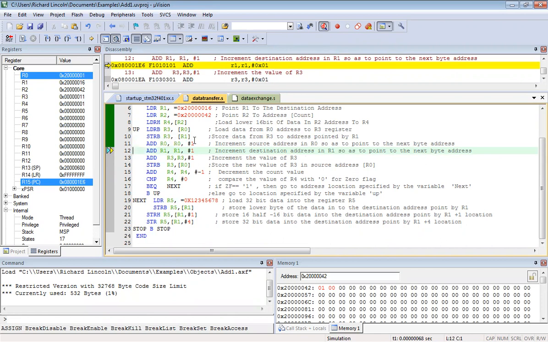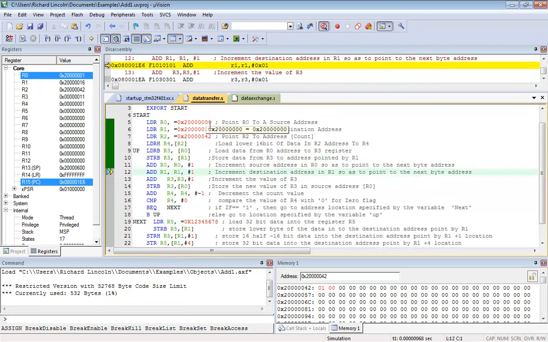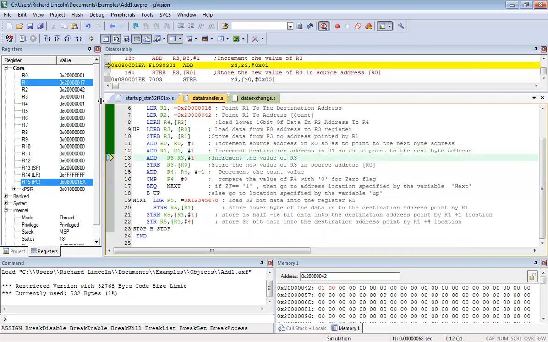And you are seeing here add r0 comma #1. So which means r0 was first pointing to 0 0, right? And now it is going to the next location, which is 0 1. Since I have used add r0 comma #1, this r0 will be moving to the next location so that it can take the next byte of information. And since I moved r0, I need to add 1 to r1 as well. So r1 is here as 16, right? So let us see, it becomes 17.